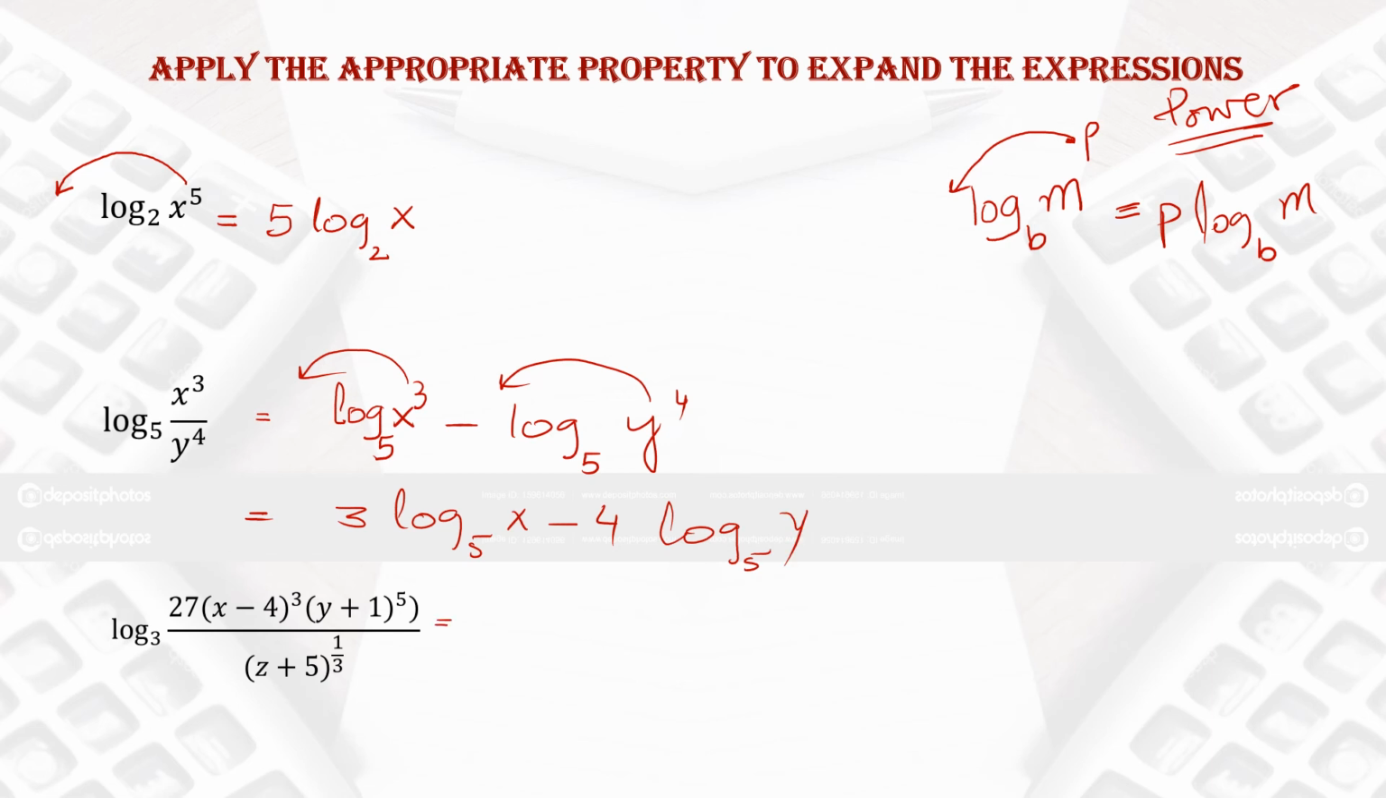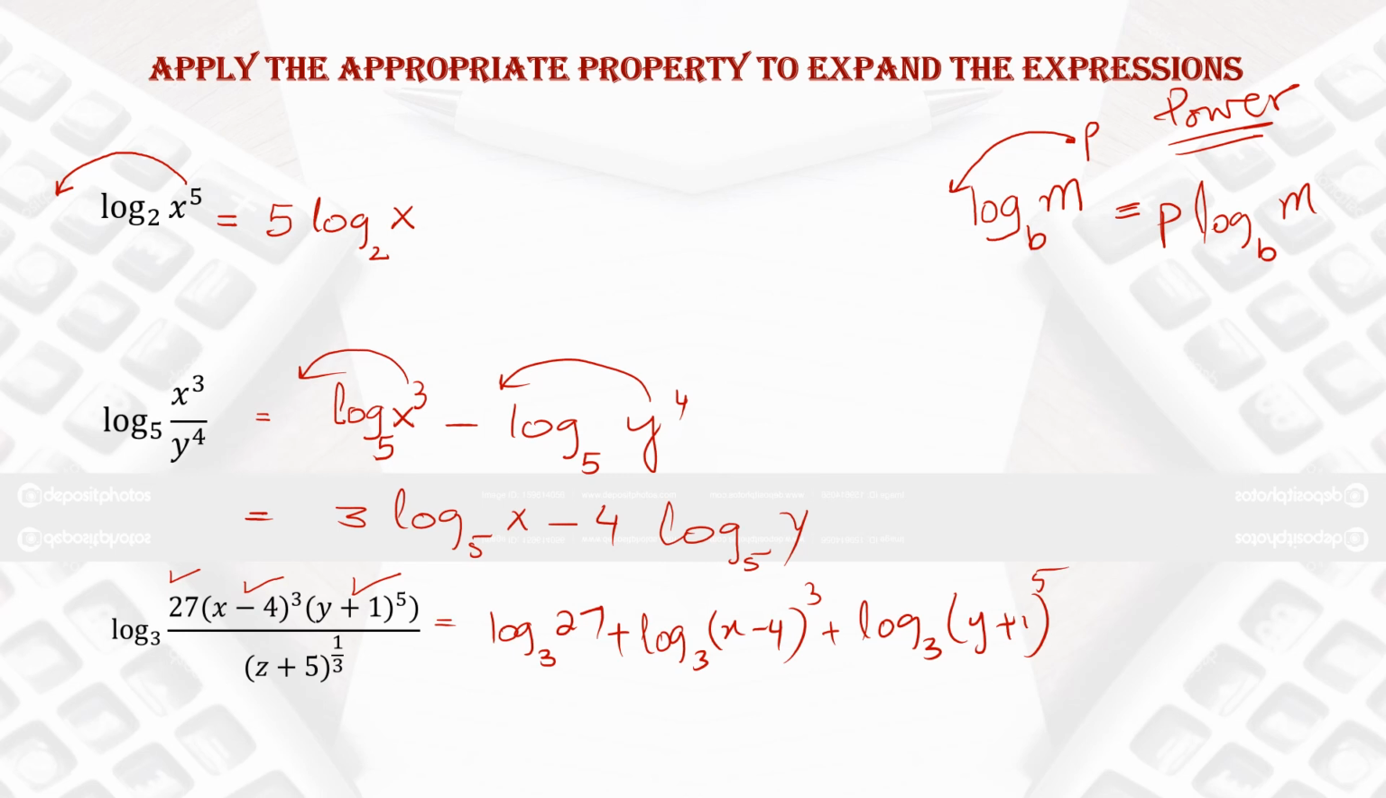Now let's see a big question. So again 27, x minus 4 whole cube, y plus 1 whole to the power 5. It's all on the top in the numerator. So write log base 3 of the first term 27. Then plus log base 3 of x minus 4 whole cube. Then again plus log base 3 of y plus 1 whole to the power 5. Then z plus 5 whole to the power 1 over 3 is in the denominator. So write it with the negative sign. Don't forget to write the log base 3, and then you have to write z plus 5 whole to the